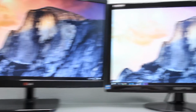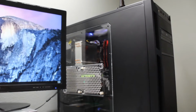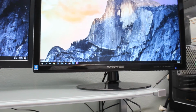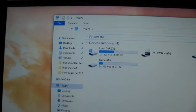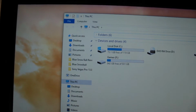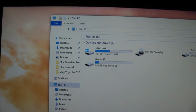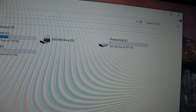Believe it or not, I was all for Windows 7. I believed in Windows 7 with all my heart, and what I did was I downloaded Windows 10 through my school app. When I got my Western Digital Blue, I decided to delete both of my partitions and load Windows 10 fresh on the Samsung 840 EVO, really good read and write speed. So I have my OS sitting on there, and then basically I have one hard drive